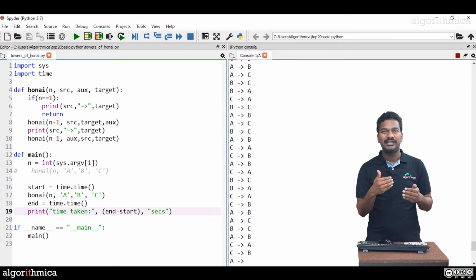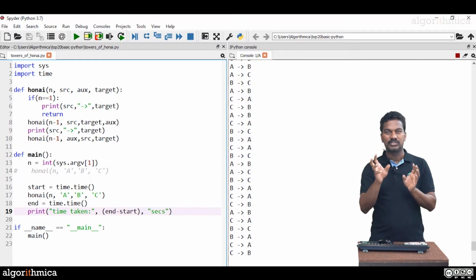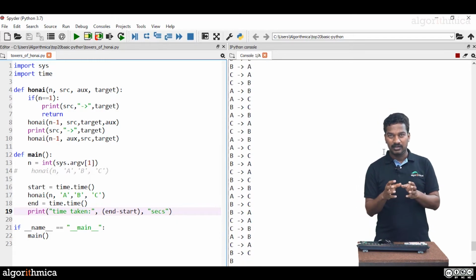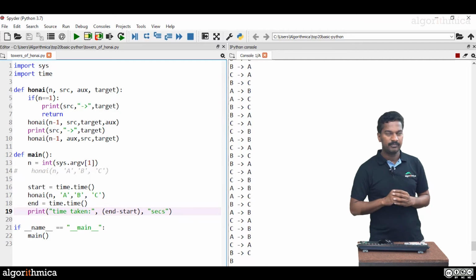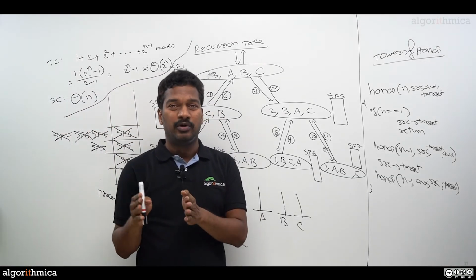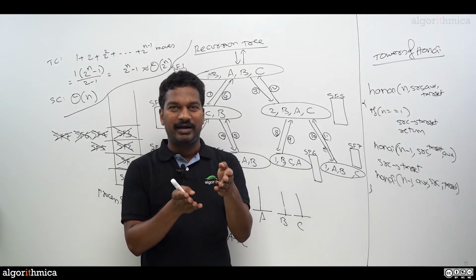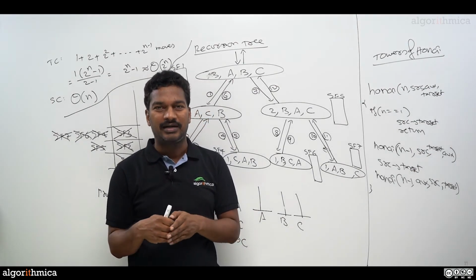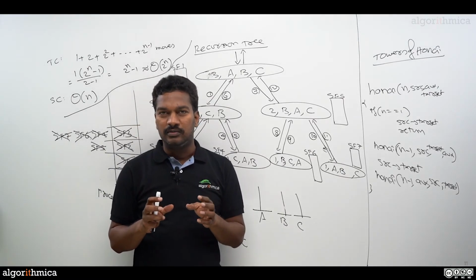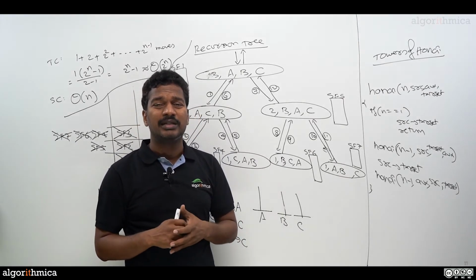Let's understand the fun side of 2 power n, how much time this is going to take. That gives you a clear-cut picture of why 2 power n algorithms are very bad. Let's understand the approximate meaning of 2 power n. So you have seen now 2 power n is doing very poorly, even for a little bigger value like n equal to 40. You have seen in practice it keeps on running. But it's a little curious to know how much time these 2 power n algorithms will take.